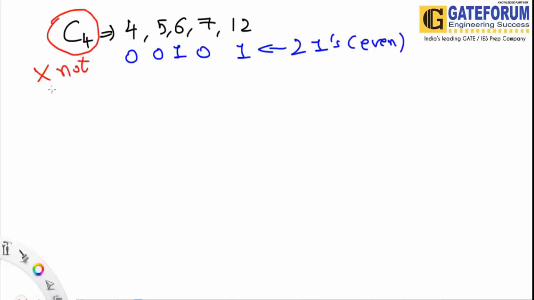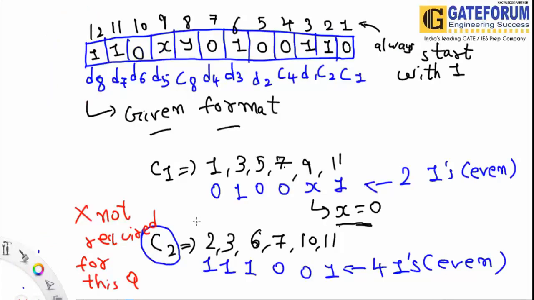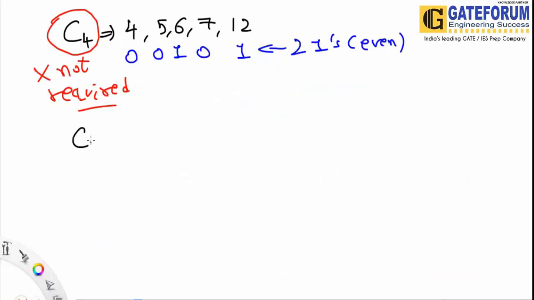In the real examination, you should be aware of whether a particular calculation is required or not. Whenever we only need to find the value of x and y, we check that C2 and C4 are not required for x and y, so we will not take them into consideration. Now finally we go to C8. C8 will take 8 and leave the next 8. It will start from 8.